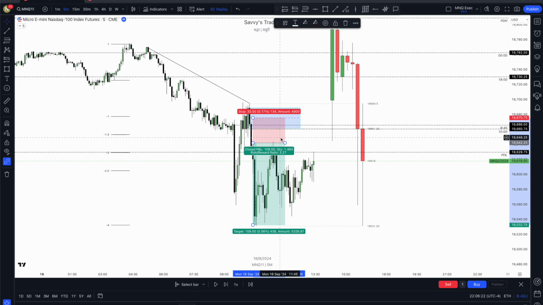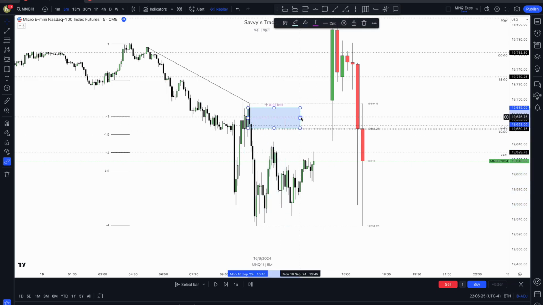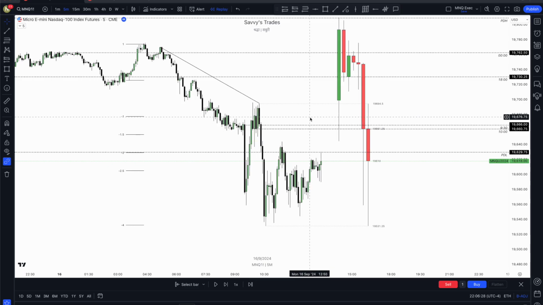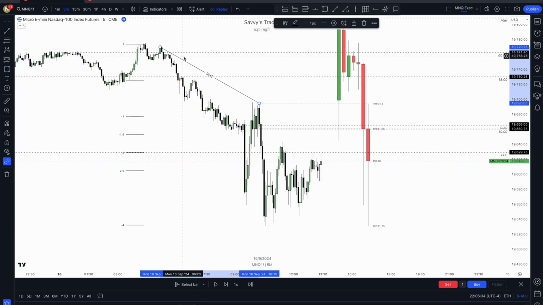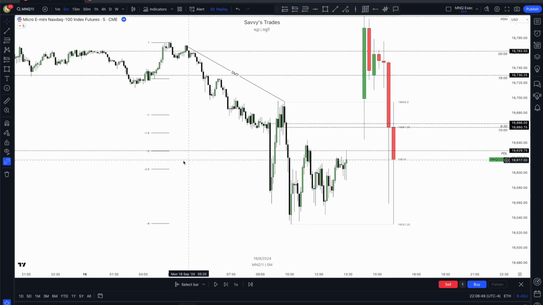I usually do not engage in the PM session, so I wasn't looking into the PM session price action, but this was a valid trade according to my model. We waited for the SMT, and then we saw an aggressive move to the downside, validating this up close candle to be an order block, and then we aimed for -4. And this trade idea was formed because we had an aggressive move to the downside and we closed below -2.5 right at this 9:30 candle. This is very important because this gives us confirmation that we have much more downside to come, which is -4, right?